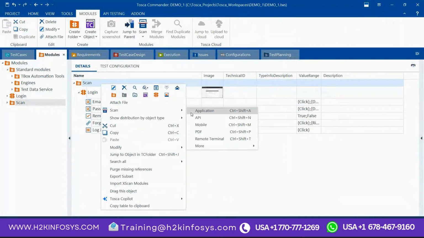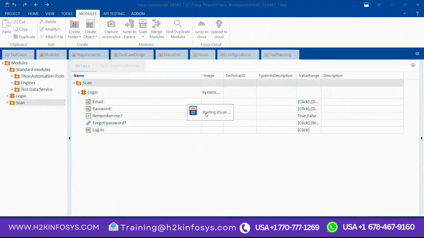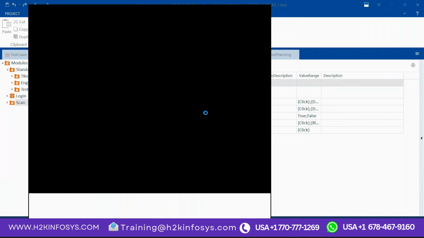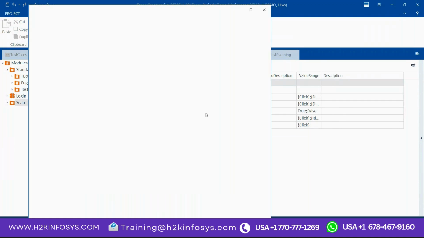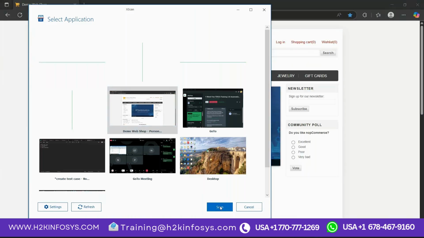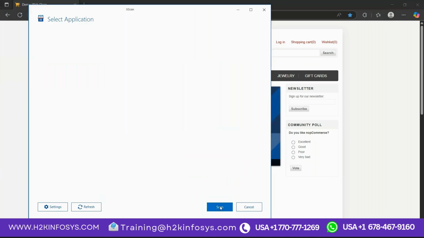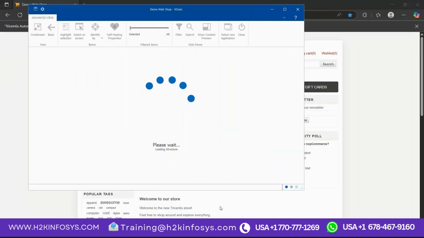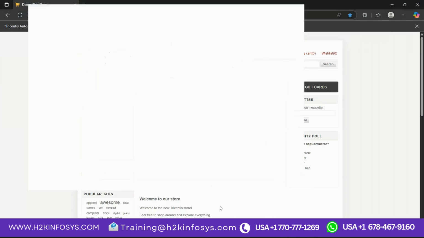Go to the scan, select the application. Now I have selected the application,